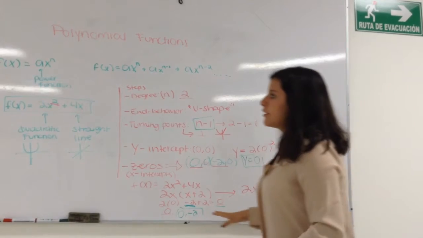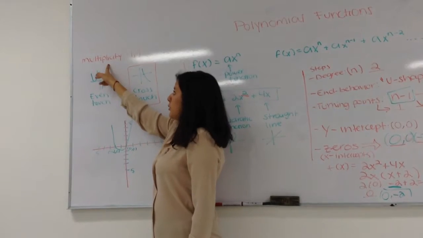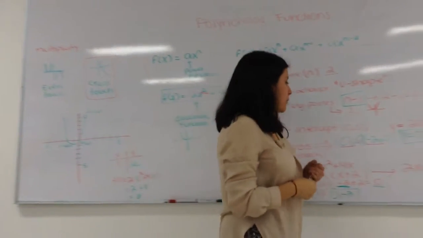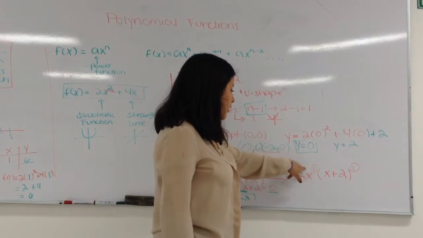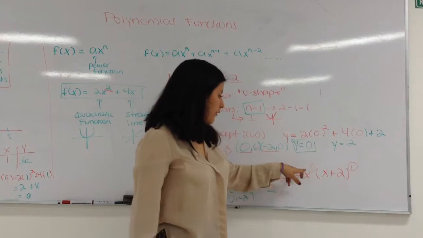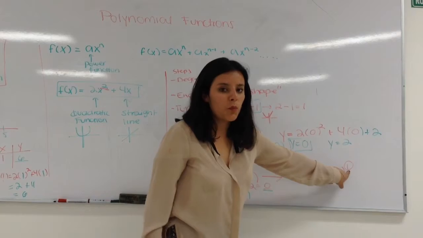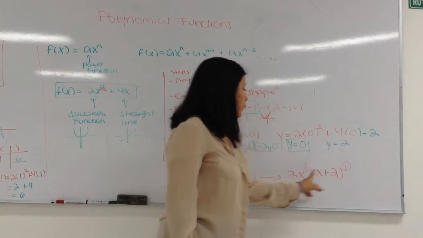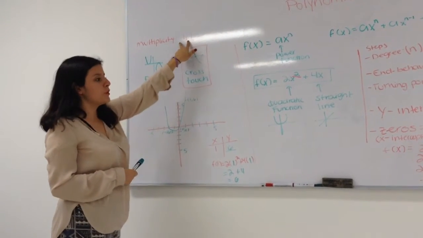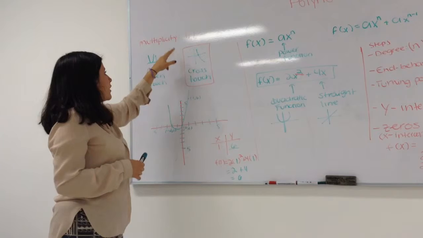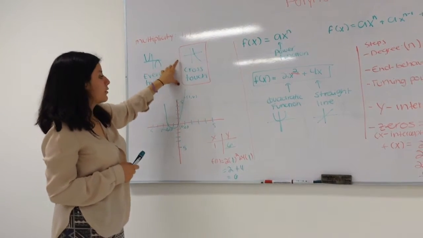And then the last step is multiplicity. To find the multiplicity, we look at our factorized function and see the exponents here. In this one we have 1, and this one gives us another 1. So these two, 1 and 1, give us the multiplicity. So with 1 and 1, we can know if it is an even function or a cross function. In this case, it's a cross,